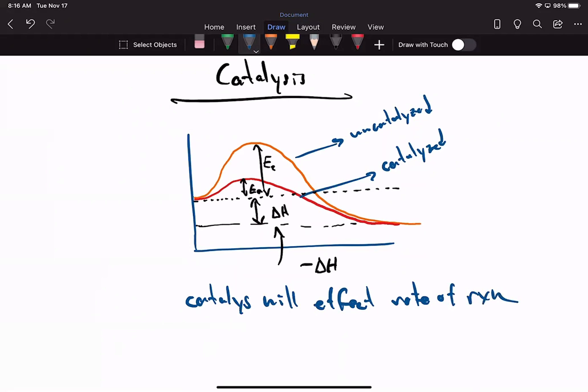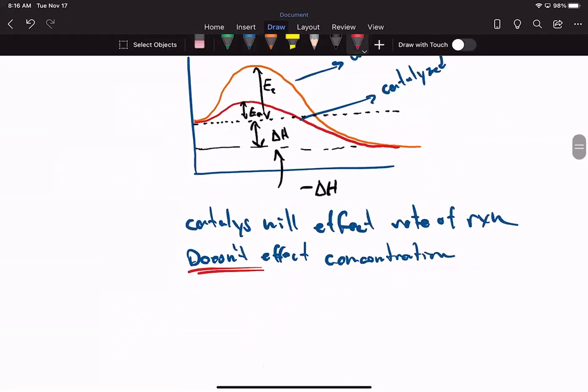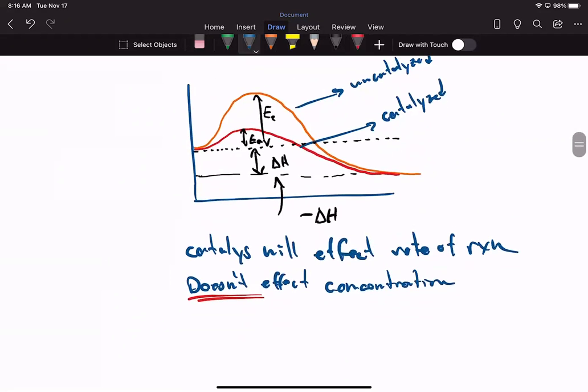But what it doesn't affect is concentration. So it doesn't affect the concentration of the products, right? It doesn't affect that. What it also doesn't affect